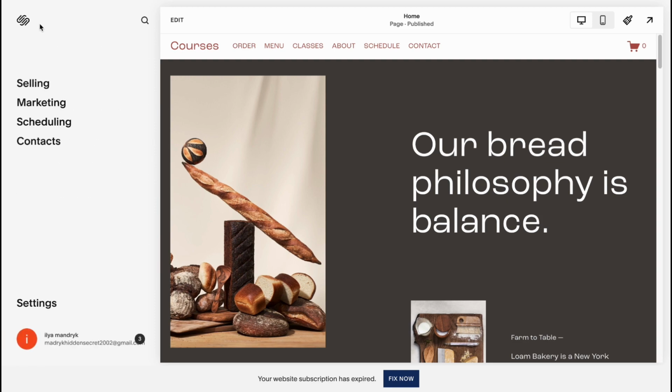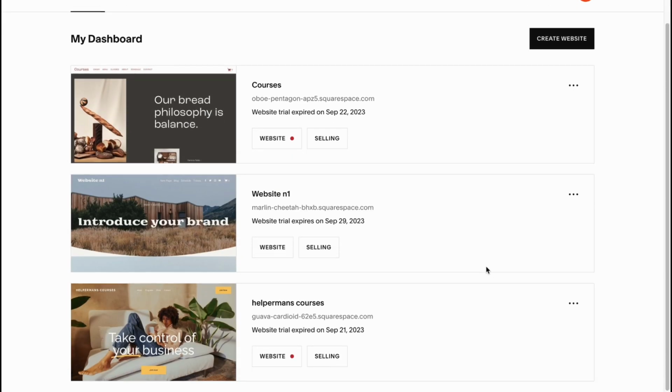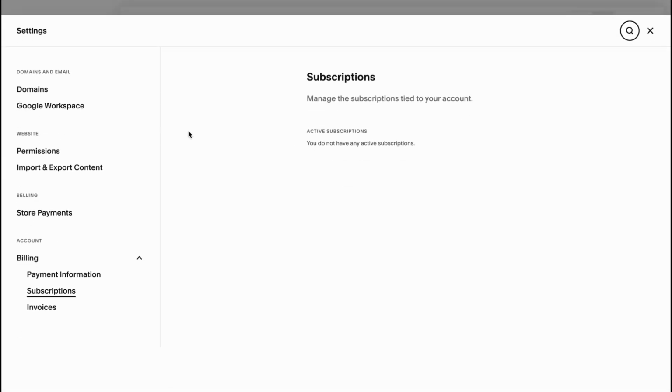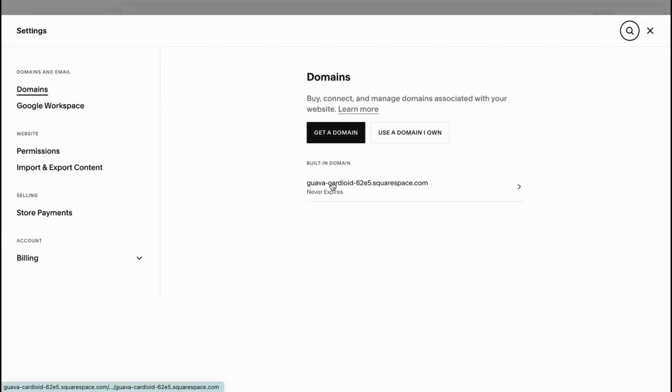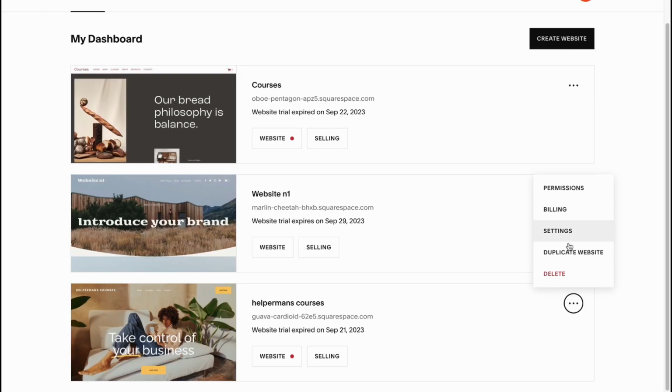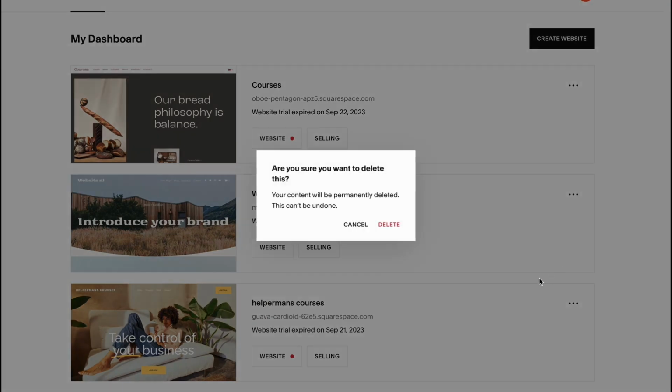Also, we can interact with our management options. We can manage billing, so we can open a billing folder. We can interact with settings, so we can change a domain. We can add a custom domain, and so on. And also we can duplicate a website if it's necessary. And one more thing we can do is delete